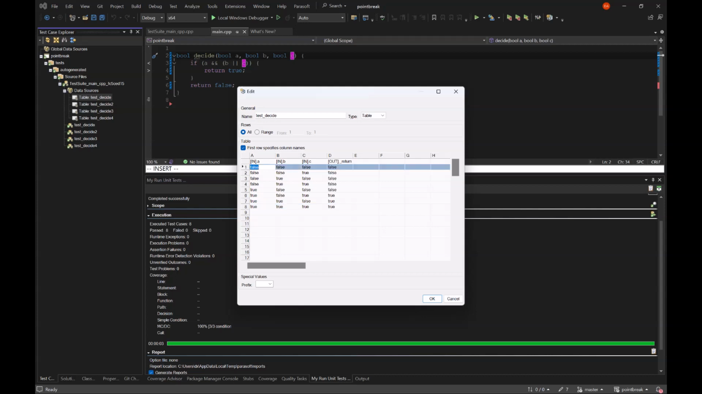To make this MCDC, we have to modify this data here. We have to modify the condition, and that is what is meant by modified condition. This is not the modified condition. This is the absolute